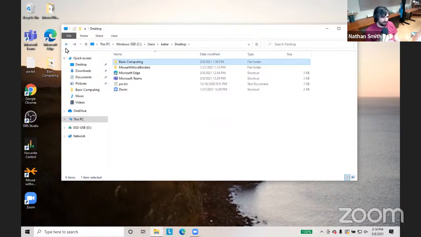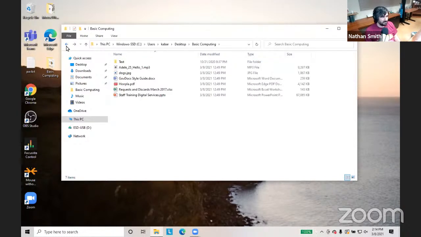I'm going to hit this back button a few times so that we get back here to the basic computing folder. Okay, inside of this basic computing folder, we have a few different files. I want to touch on what each one is so that you can see what kinds of things can be a file, and also become familiar with certain basic file types, which is pretty handy. So the first one I'm going to show you is this one,